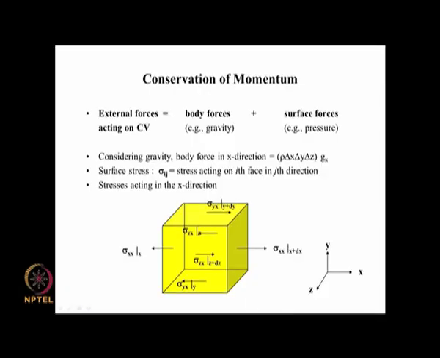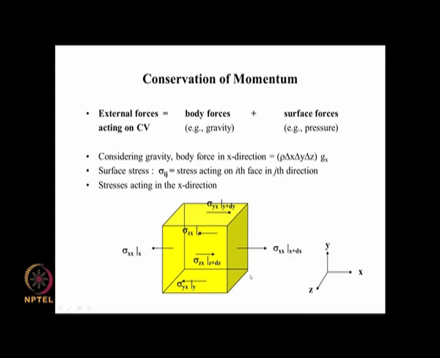This is our box here, and we identified the 6 stress components acting in the x direction on each of the 6 faces. Whether they act in the positive x direction or negative x direction depends on whether it is a negative face or a positive face, as explained previously, and that is also marked here. Now we would like to multiply each stress component by the corresponding area.